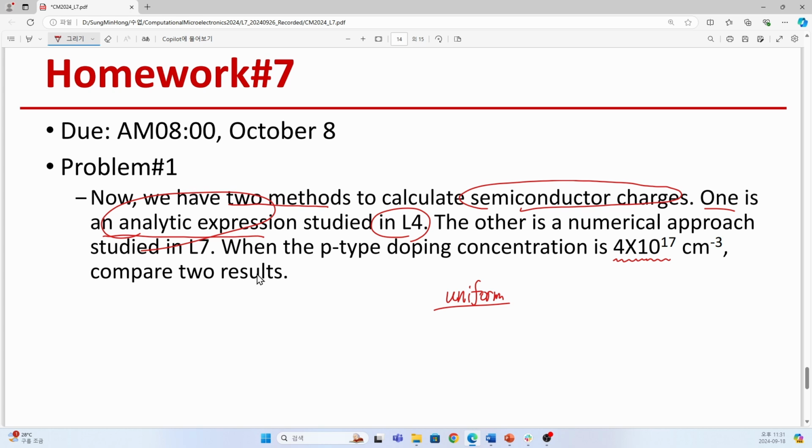Okay, so thank you for your attention. Up to this lecture 7, we have covered how we can solve the nonlinear Poisson equation in a simplified system, the part of a MOS capacitor only containing the silicon region. Of course, extension to the entire MOS capacitor is possible. However, before talking about that interesting and important concept,